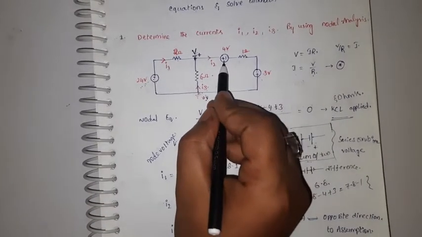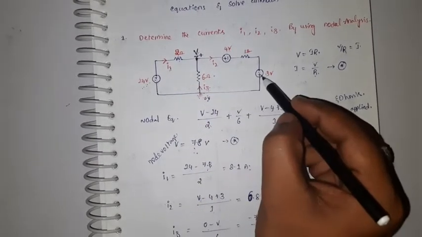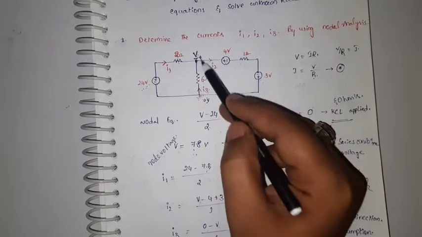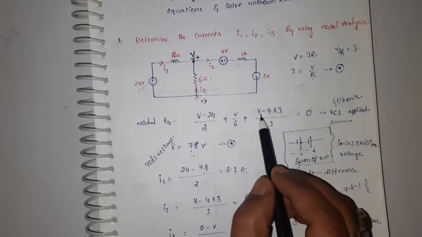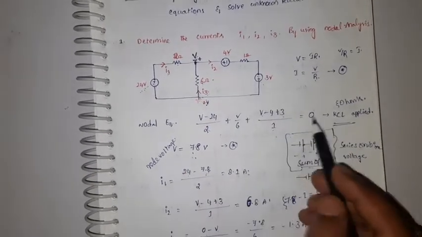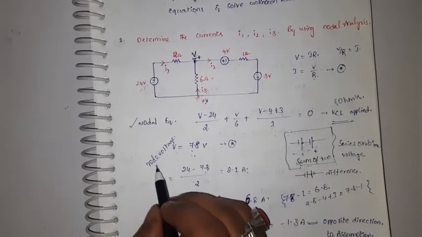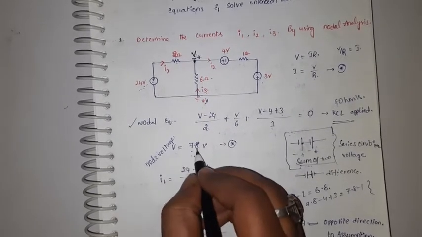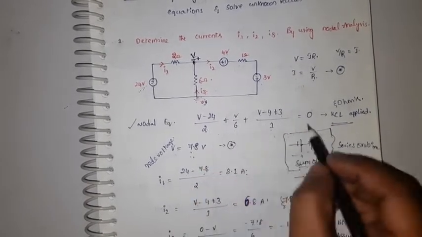So here the positive terminal is connected to the positive terminal, so we must take the difference of these two, and the positive terminal is connected to ground, and this ground is connected to here, so we must add this to the resultant. So (V minus 4 plus 3) by 1 is the current through this branch, which is equal to 0. We finished the nodal equation. Let us solve for V. When we solve, we get the node voltage V equal to 7.8 volt. For the time being I didn't solve it here; I think you can do that.